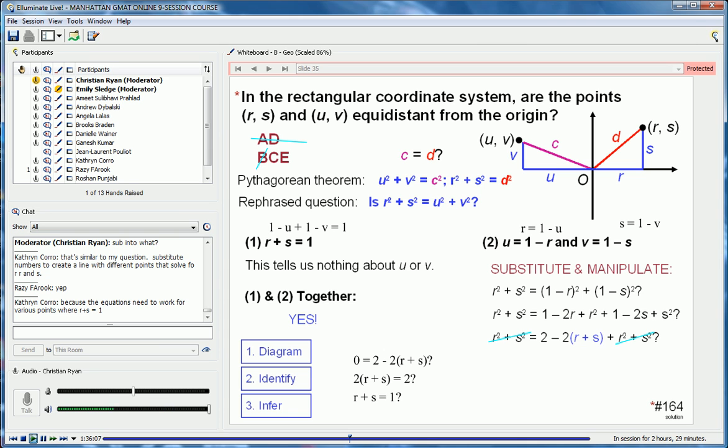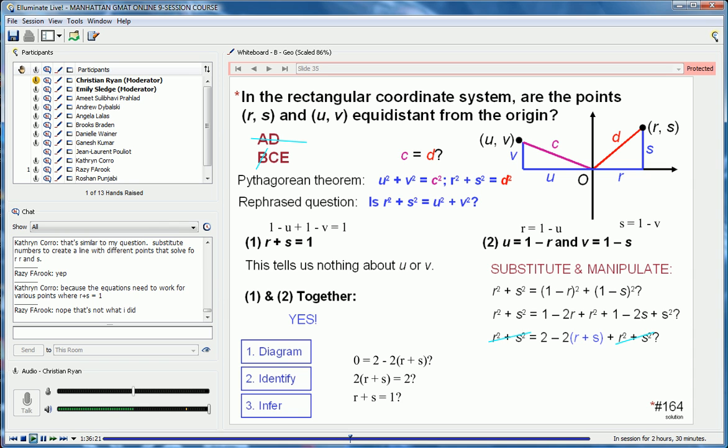It doesn't turn into simply 1 equals 1, which is always true. I can't get rid of all the variables here. When I put them together, I don't simply get 1 equals 1. We can talk about this offline, but